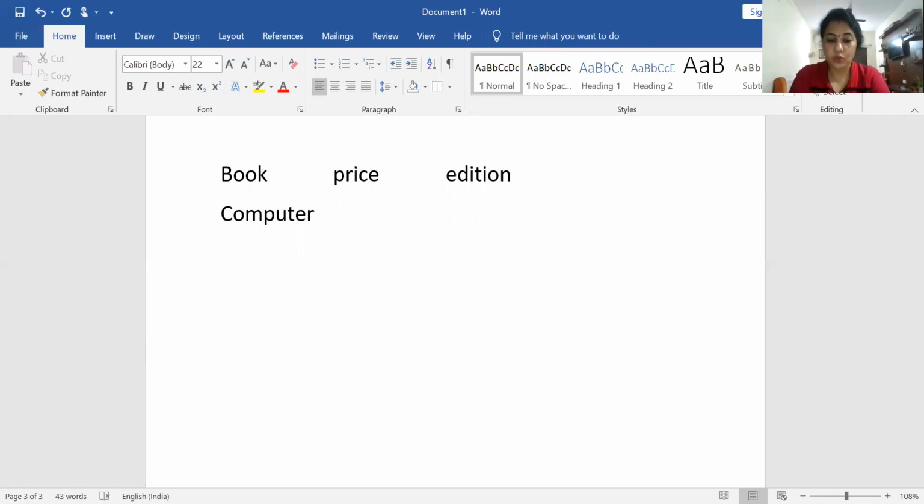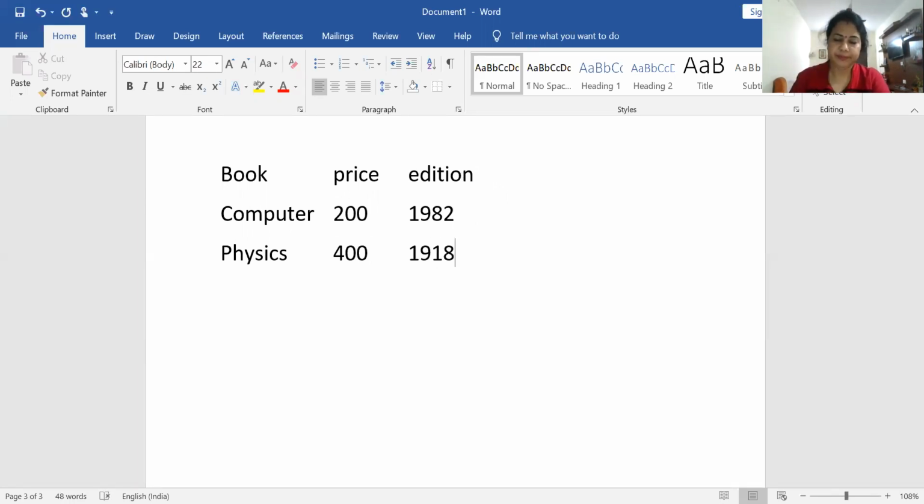Then I type 200 rupees, then the edition 1982. Now physics, two tabs, then 400, 1919, 1918, like this.